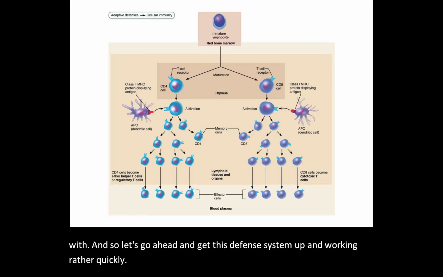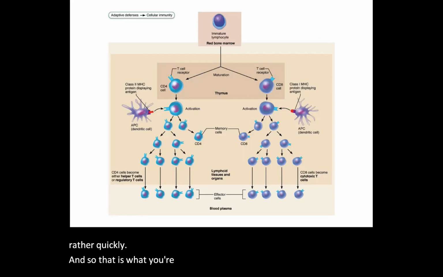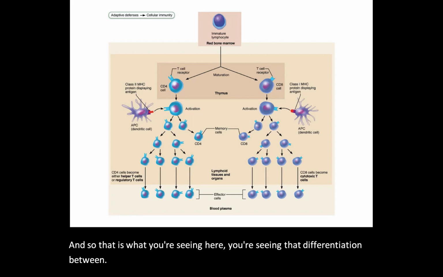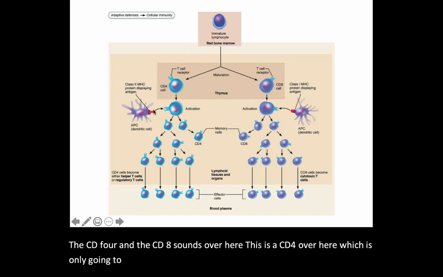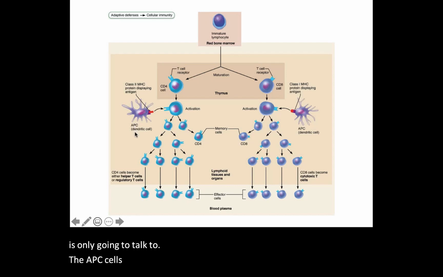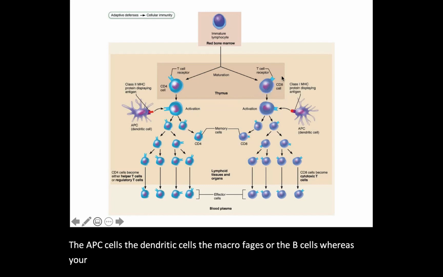And so that is what you're seeing here. You're seeing that differentiation between the CD4 and the CD8 cell. Over here, this is a CD4, which is only going to talk to the APC cells, the dendritic cells, the macrophages, or the B cells. Whereas your CD8 cells over here are only going to communicate with